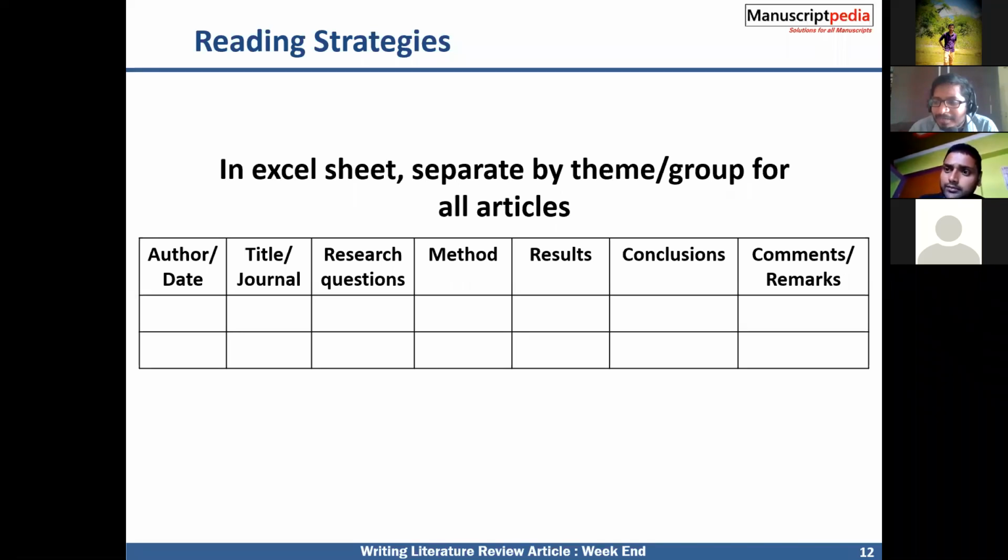Sir, currently I am writing a review. Which basic things do I have to take care of, which help me in writing a review? You choose which journal you are going to submit that literature review work to. You have to cite a minimum of some 5 to 10 articles from the same journal on the relevant topic. That is very important.